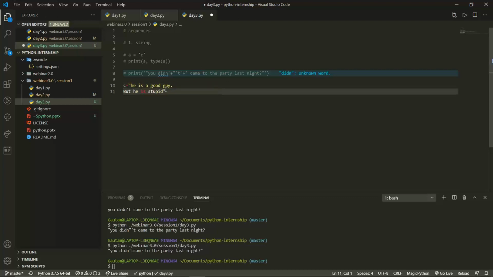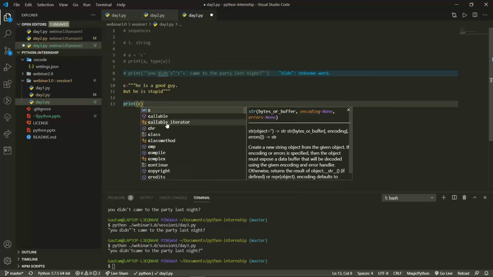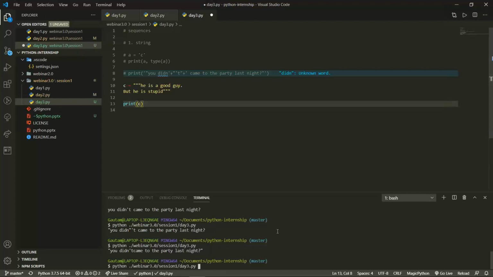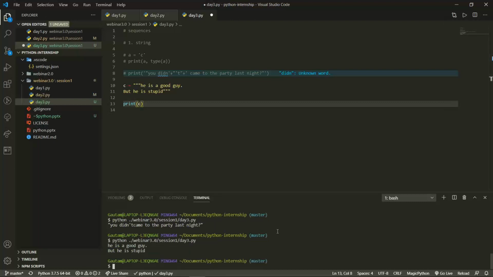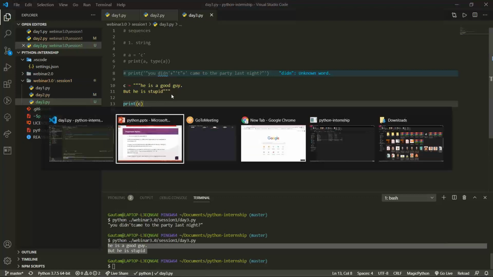You cannot use multiple lines. But when there are triple quotes, triple double quotes or triple single quotes, anything, now there is no error. We can easily write it and print it. If I print C, then you will find that we are getting the data in multiple lines. We are not getting any error. So this is what triple quotes are. If you want to write triple single quotes, it's up to you. There is no issue with it.